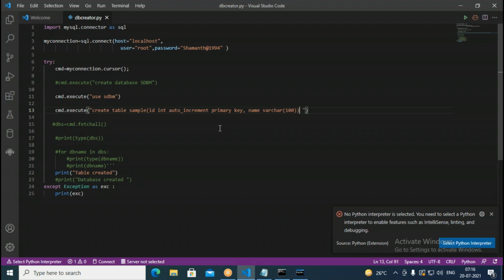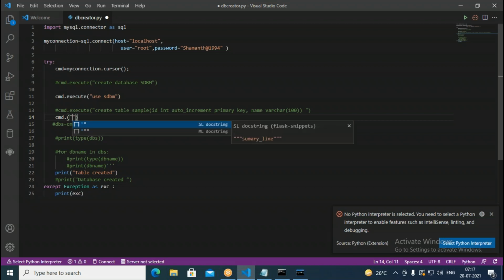Okay. So next, now I have a table called sample, and I want to show the table description here. That means I want to see what columns are available in it. Therefore here I comment this one, then here I write cmd dot, in the brackets I write describe, then I write the table name as sample.